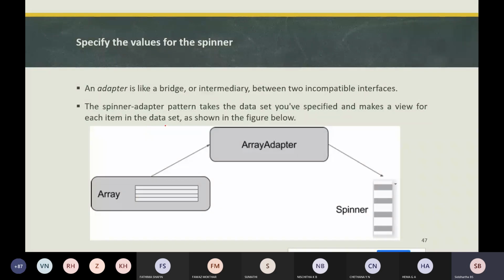So what is this adapter? An adapter is like a bridge or an intermediary between two incompatible interfaces. Just to understand this adapter, I will give a general example. For example, you have a memory card that you need to connect to the laptop.